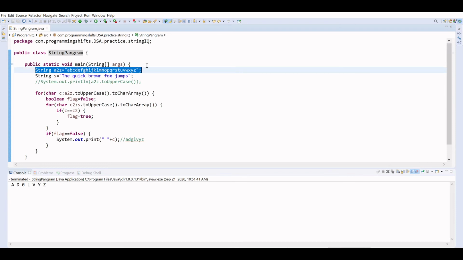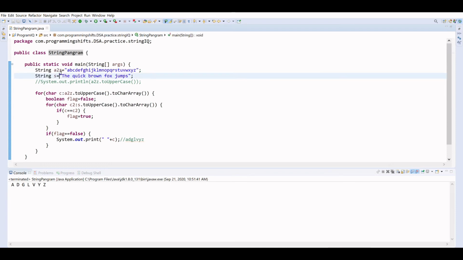So we have created the A to Z alphabet as a string, and we also have the sentence, and we have to find the values that are missing in this sentence, right? So this should be the output. As you can see, I have created one for loop, right?